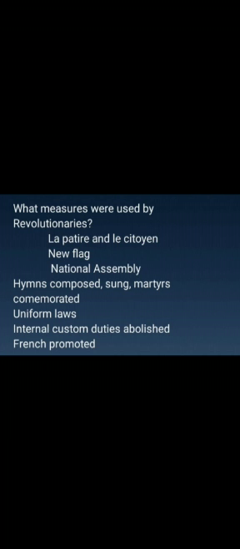So these were the changes introduced by revolutionaries to invoke the feeling of nationalism within the country so that France becomes a nation. Now, the revolutionaries did not stop there. They said that their mission is very big. They are not going to stop there. Their mission is to liberate the peoples of Europe from despotism. In other words, they wanted Europe to disintegrate into nation states.